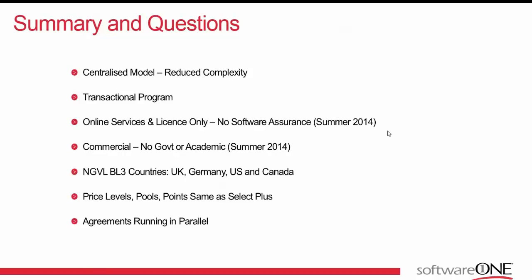Exactly. So the points are accumulative, regardless of the spend or what type of product you're spending on. So in the NGVL price list, all products have, first of all, they're aligned to a pool. So be it desktop applications, desktop operating systems, or servers, they'll be classified in one of those three. In addition to that, they'll be classified with a points value. As you spend against the NGVL contract, regardless whether it's online services or the traditional kind of on-premise type products,